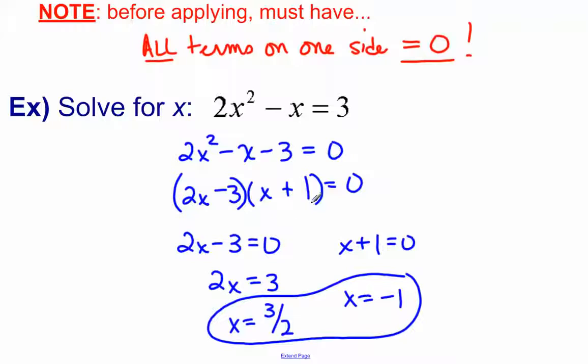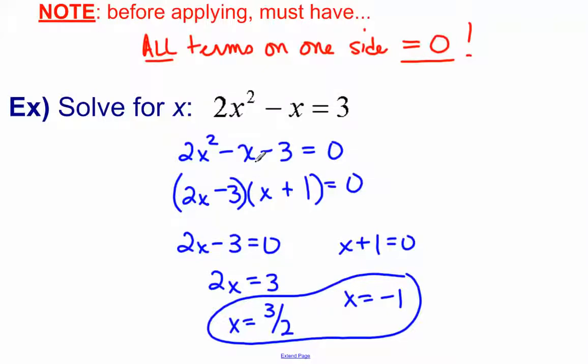Then I unfoil this, right? So 2x squared, well, I need a 2x times an x. So the first things here multiply to give me the first term. Skip the middle for a minute. Go to the last one. What times what's going to be a negative 3? A positive times a negative. We make it negative 3 here and a positive 1 here. That would work. And then we check that outer product, positive 2x, inner product, minus 3x,